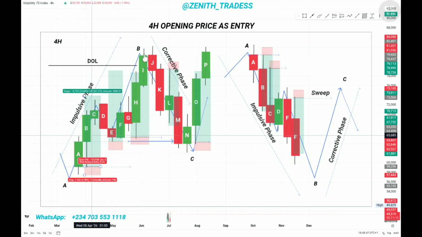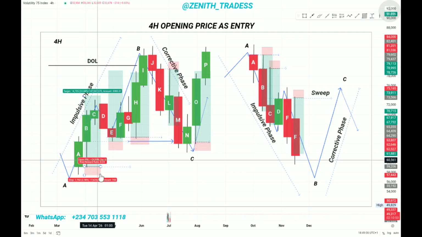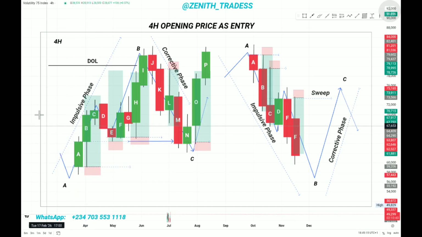So this is an impulsive leg, right? Now, candle A closes bullish after a reaction leg. When candle A closes bullish, it is a directional candle. Then candle B opens. We expect candle B to retrace to the opening price of candle A and find support. If it eventually retraces to the opening price of candle A and finds support, we are buying from there because candle A just started